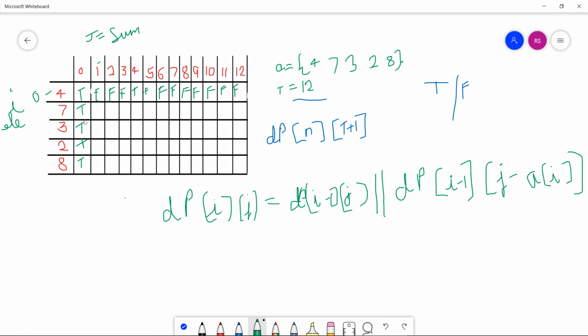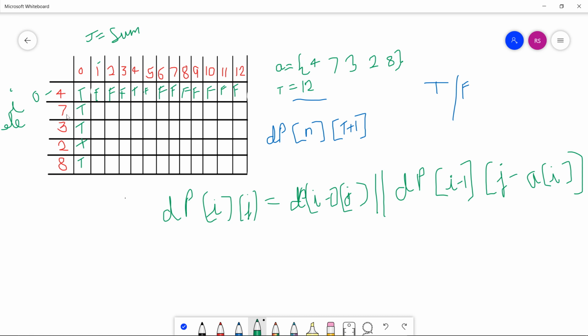Now coming to the second row. Now we have two elements in the array, which are 4 and 7, and we have to tell whether these sums are possible or not. Is 1 possible or not, with the two elements 4 and 7? We have the data of the previous row, which tells us, if the array includes only one element, which is 4, which sums are possible and which are not.